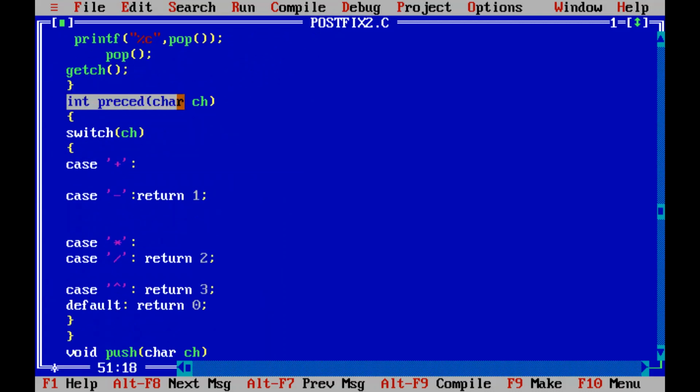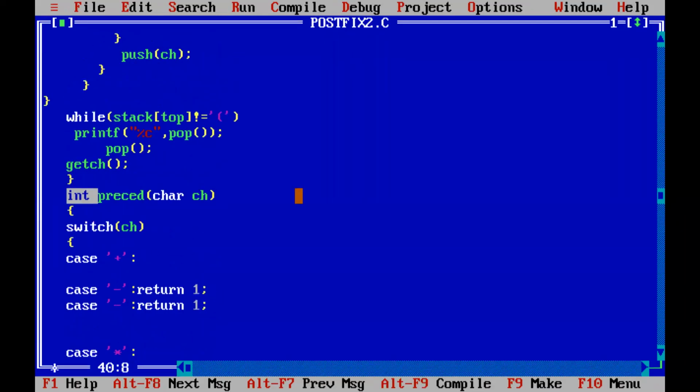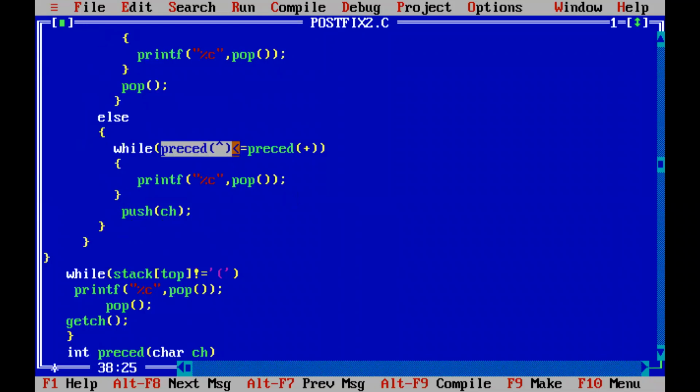So when this function is called, it will go to this line and assign that exponential operator to this character variable, and the switch statement will be executed with the exponential character. It will check whether it is an addition, no, a subtraction, no, a multiplication, no, and it will come to this exponential and return 3. Got it? This is an integer return value. So this return of 3 will be taken back over here, and this precede will be replaced as 3.